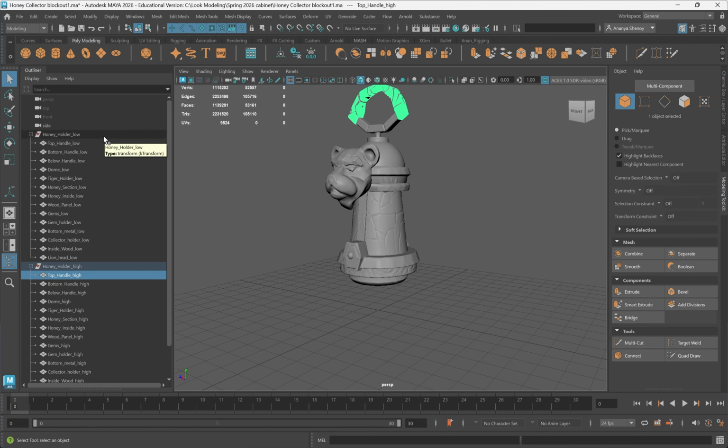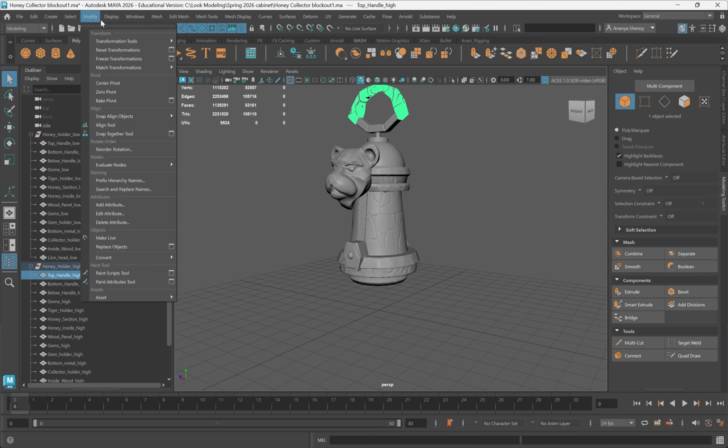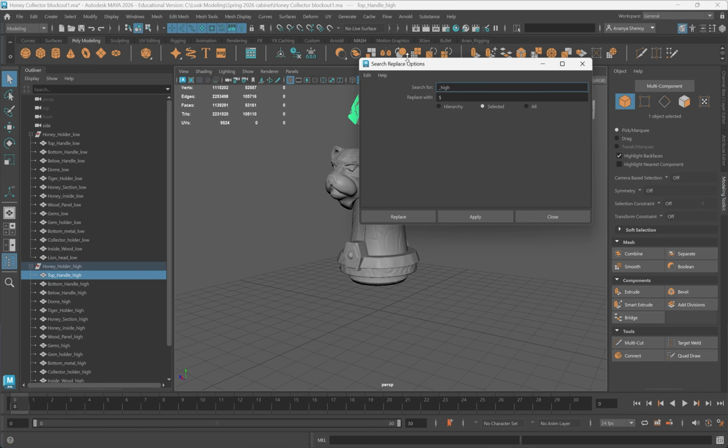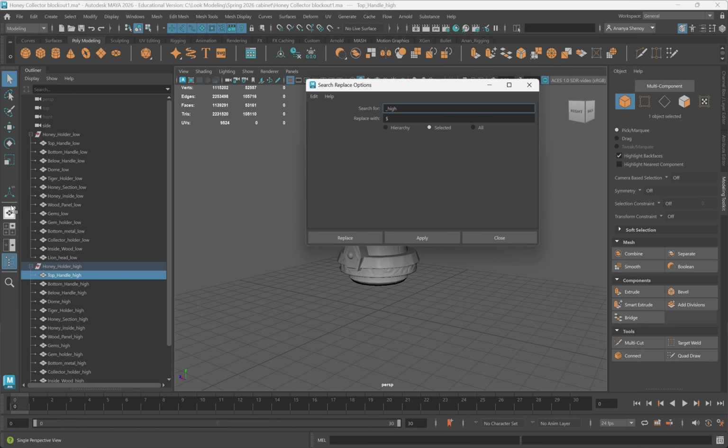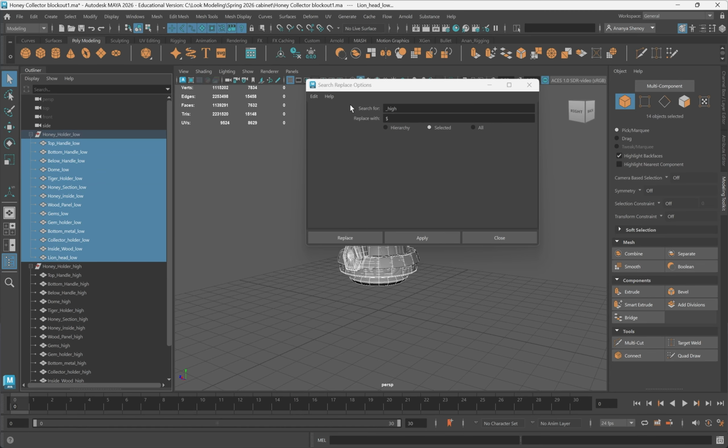If you're bringing in your model from ZBrush and you want to quickly add suffixes to your names, you can use Maya's native naming tool. Let me show you how that works. So if I go to Modify and Search and Replace Names, it opens up this box. And if I want to add a suffix at the end of any name, I can select these objects and